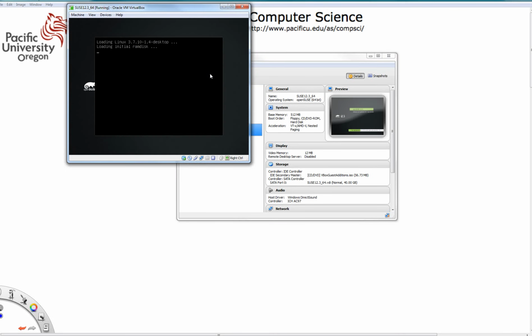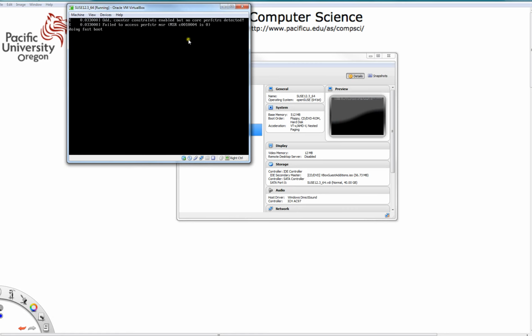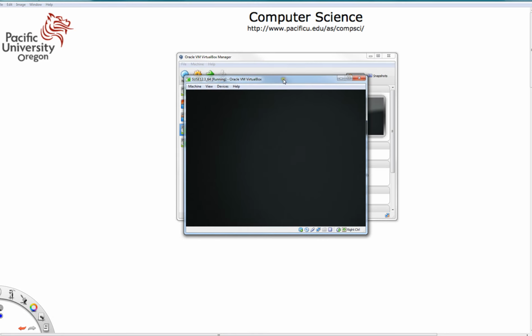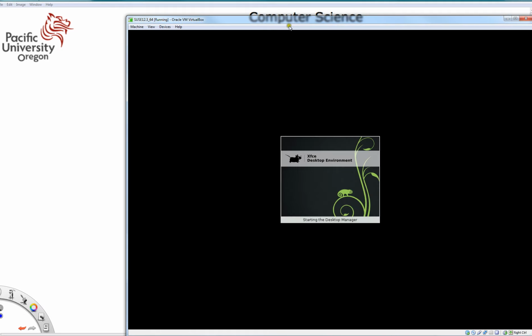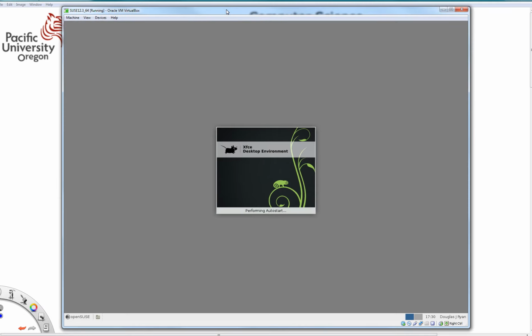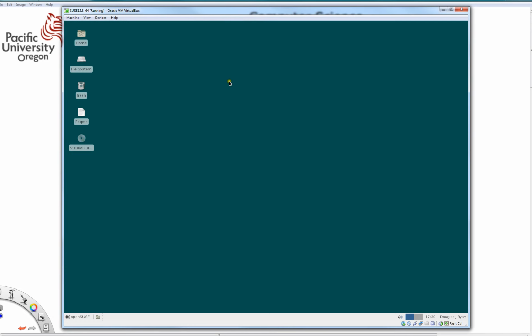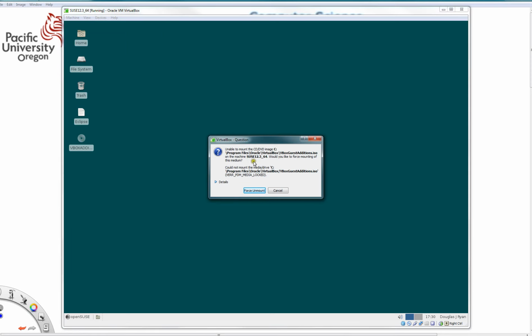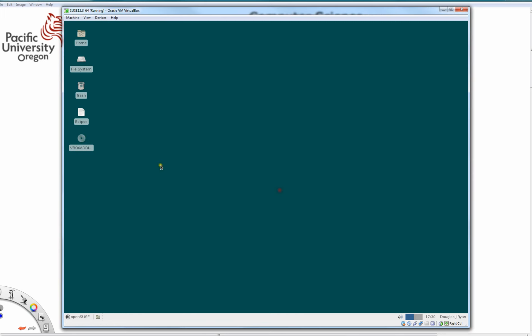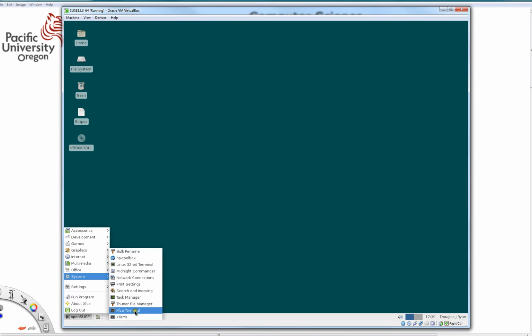Now this OpenSUSE 12.3, I'm actually booting off of the virtual drive right now. So no longer am I booting off the DVD. This thing has been installed. You can see that it installs the XFCE desktop. You get a desktop that looks like this, and you're going to want to actually install the guest editions. In order to install these guest editions, you're going to have to mount the VirtualBox guest editions, and this has actually already been mounted. And so I want to show you one other thing that you're going to want to do. So if you open up a terminal,